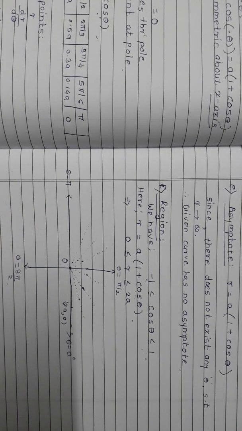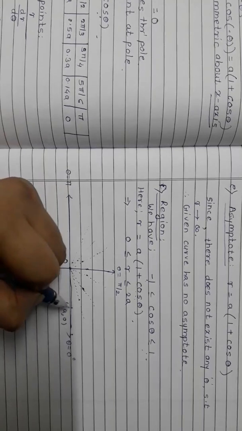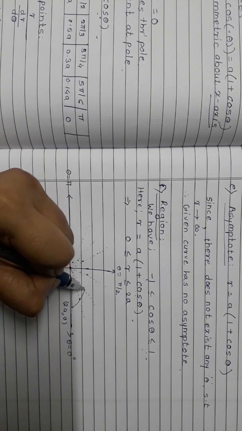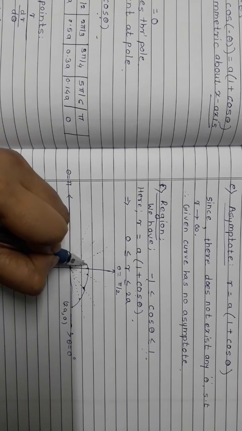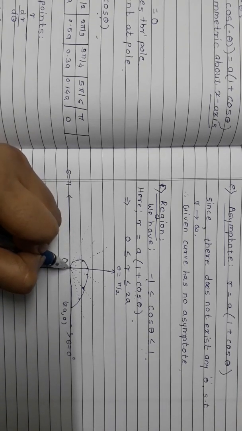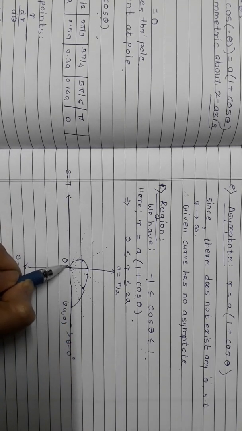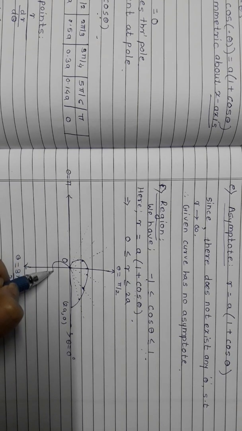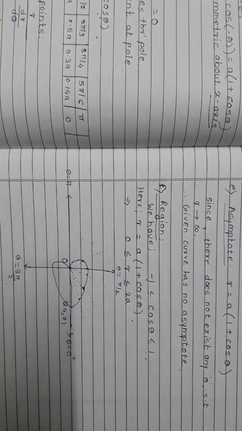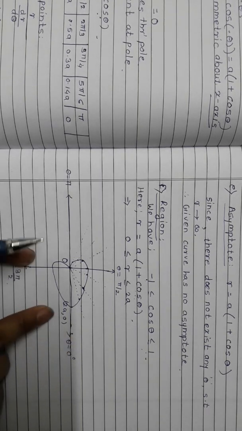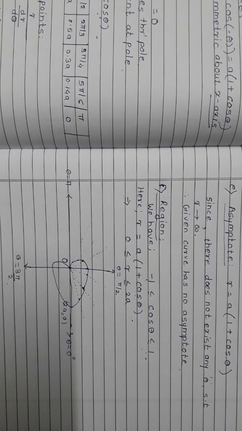So let's come back to this. Right, now you have marked these points, just draw the curve using these points. Okay, so I'm having the curve like this. Now since this is symmetric about the initial line, the same portion will be there below also, right? So just join this. So that's why the name is cardioid, that is heart shape, right? So this is pretty much easy to draw, nothing to worry about. You just need to form a table for this, and using the table I'm going to just draw the curve.